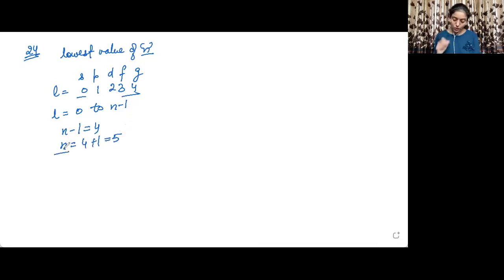So this is the lowest value of n which will allow the g orbital to exist. All right, let us now move into the next question. This was a short question, it does not have any parts to it. So let us now move into question number 25.